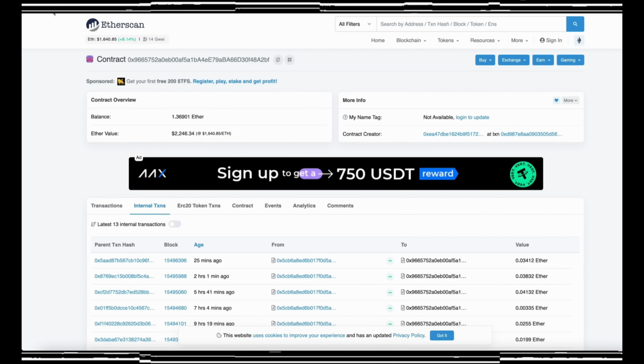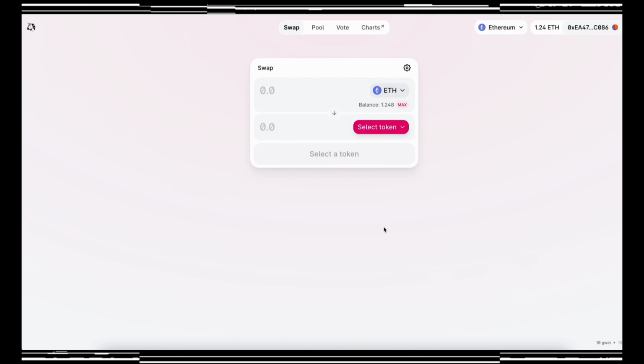Oh, it's about 1.37 Ether. So basically it took me about a day to gain my deposit by more than a third. Hello everyone, and in this YouTube video tutorial, I'll be explaining to you an easy method to make passive income